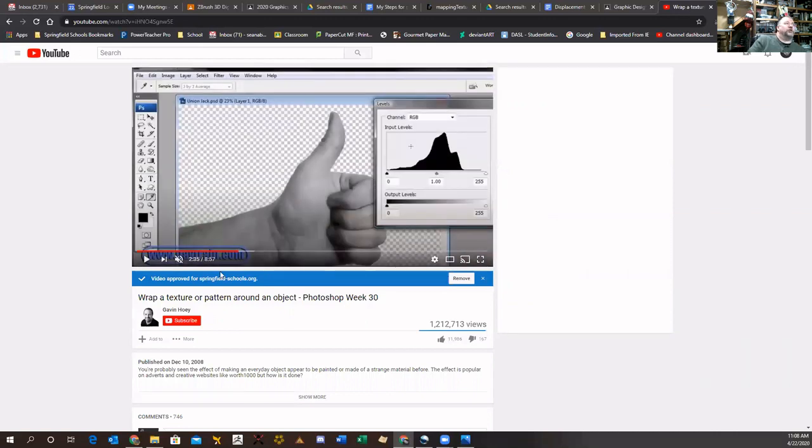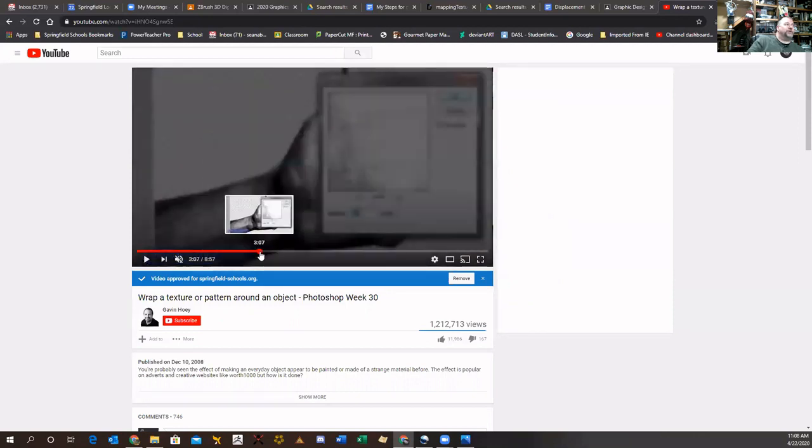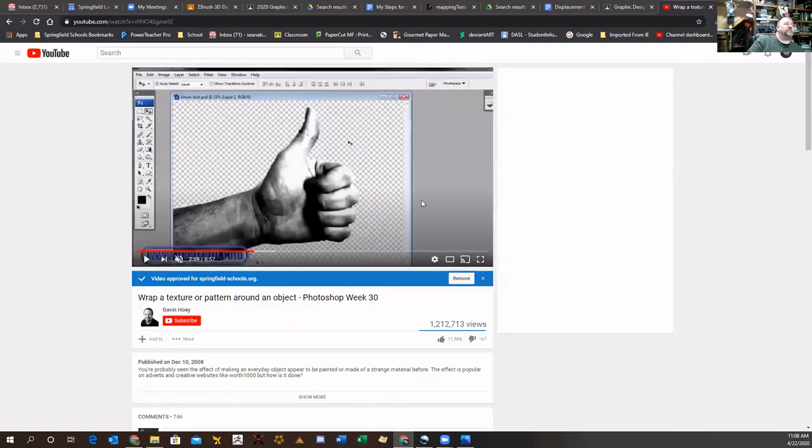We're going to have to make a grayscale version of our image, and we're going to play with our levels a little bit. We'll talk about that today. And when I say play with it, we really need to push these extremes. The computer will read a darker area as something that is further away, or something in the background. And a highlight area is something that the computer will read as in the foreground, something closest to